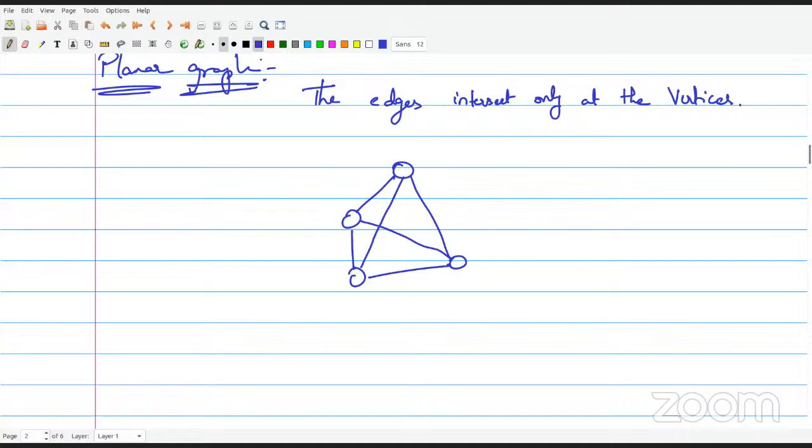So this edge and this edge, they both are intersecting at this point. Now what I have to do is, if I can redraw this graph such that these two edges will not intersect at all, or they will intersect only at the vertex points. So if I can redraw it,